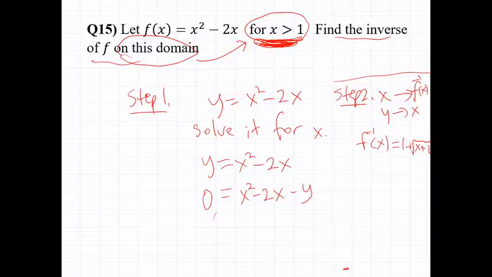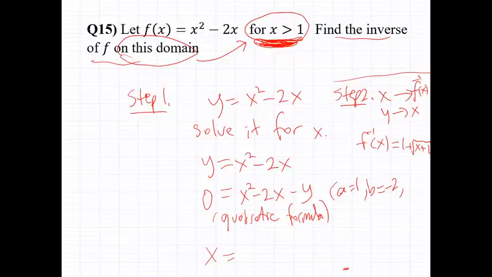So how can you use the quadratic formula? Then we have x equal to, what is a here? a is 1, b is minus 2, and c is minus y. We keep this in mind. So this is minus b, which is minus minus 2,